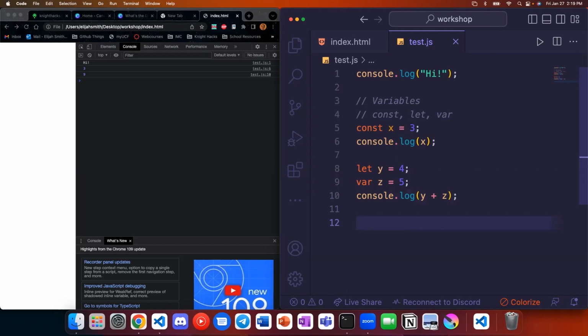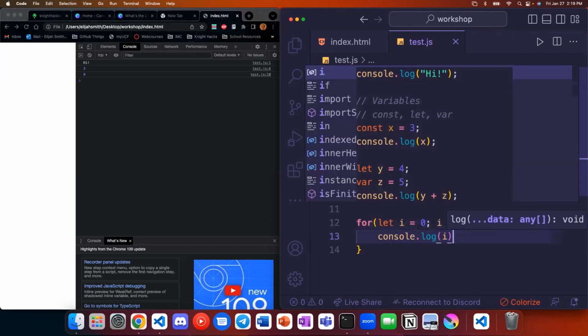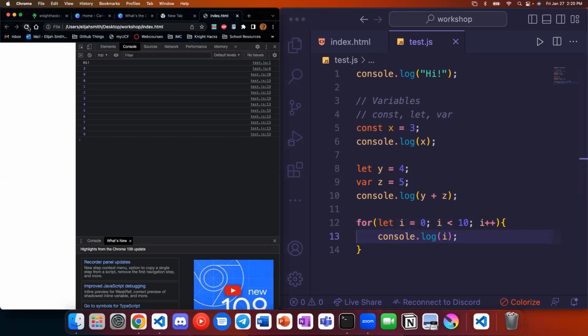And for those of you who have already done any kind of programming, which should be everyone here at this point, or almost everyone, we can write loops the same way we would in most languages. We can do for let i equal to 0, i less than 10, i plus plus, console.log i. And if we refresh this, it'll go ahead and print from 0 to 9. Same as you would in any for loop, except instead of declaring the type of the variable, we just have to let, which signifies we're creating a new variable.